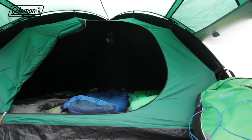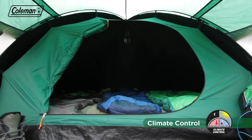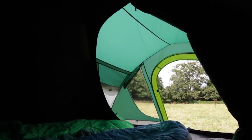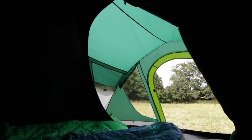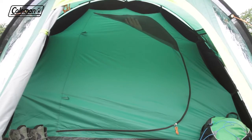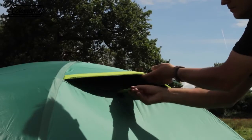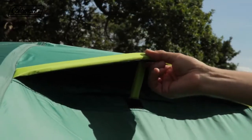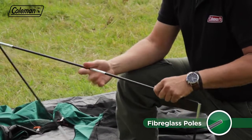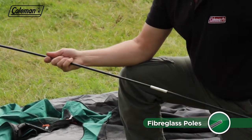Coleman BlackOut bedrooms also help to maintain a comfortable internal temperature, keeping the tent's bedroom up to 5 degrees cooler during the day and up to 1 degree warmer during the night. A spacious inner bedroom made from breathable polyester and ultrafine mesh ensures that even the smallest bugs are kept at bay, while adjustable ventilation panels allow you to manage the interior airflow, reducing condensation and maintaining a comfortable temperature inside the tent. The Kobuk Valley Plus has sturdy fiberglass poles, which provide an ideal balance of strength and weight, while